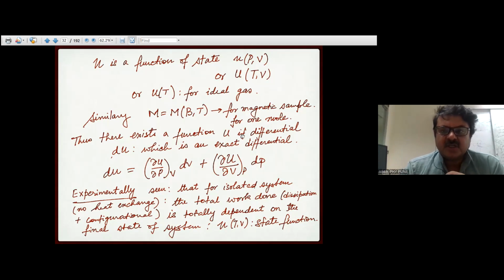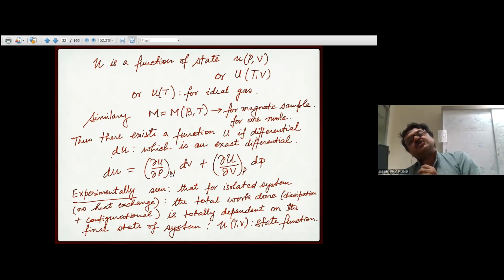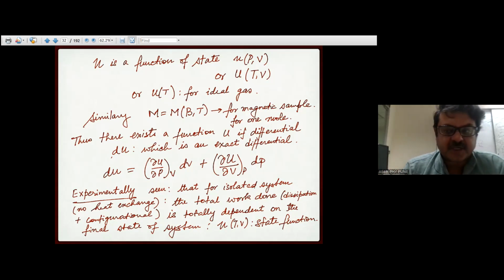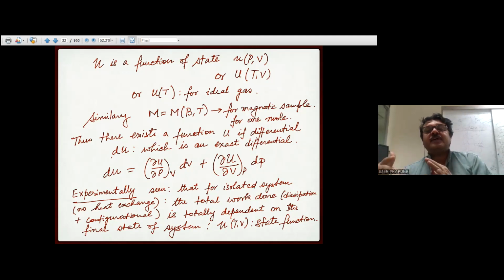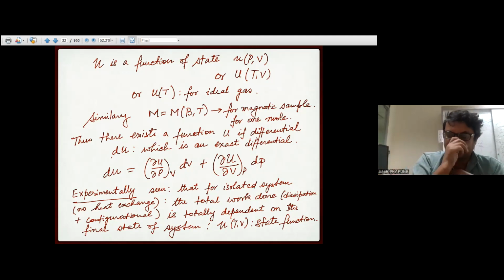there exists a function U whose differential is an exact differential. So you can write dU as a function of del U del P at constant V, dP here, and del U del V at constant P, dV here. You can also choose some other variables, suppose temperature and pressure, or temperature and volume. You're free to do that, but then you can't vary all three quantities independently for the same amount of matter of the gas, because you have the equation of state. It relates temperature to pressure and volume,